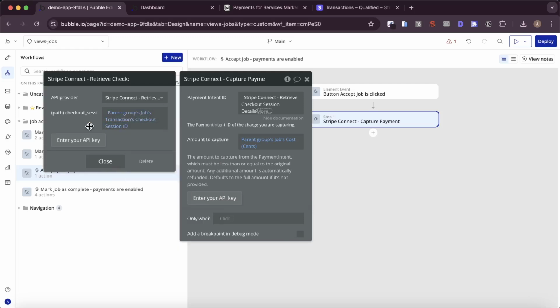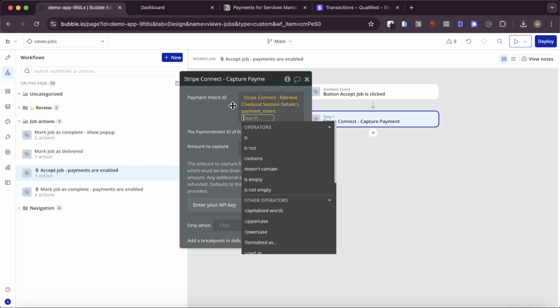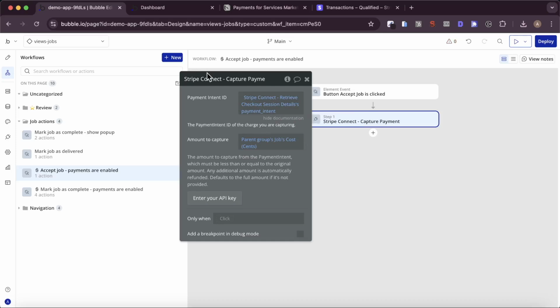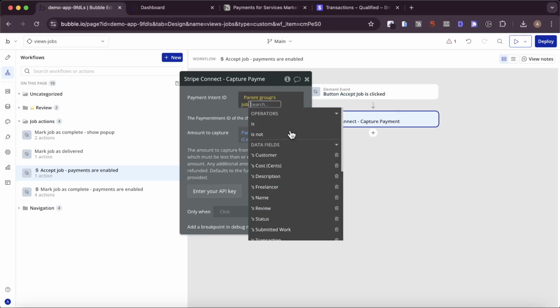So again, this is where we get into the job and the transaction being linked. And then we could get the payment intent. So that would work, but you may also want to save down the payment intent to your database. So what I actually would prefer to do is get rid of that and put in Parent Group's Job's transaction's